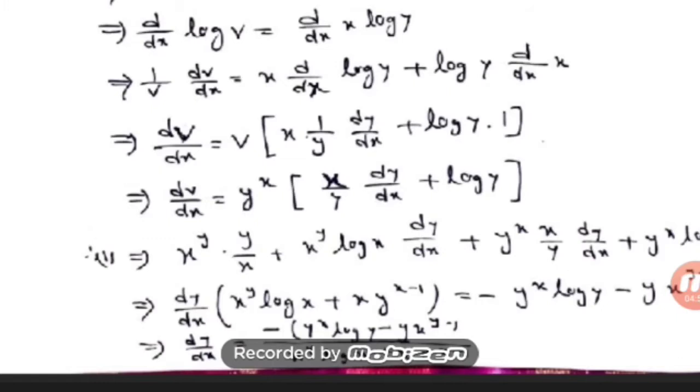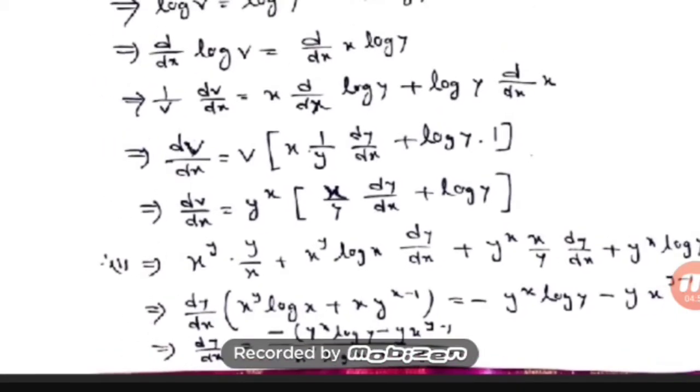Now as we know, our aim is to get the value of dy/dx, so I just keep the terms containing dy/dx on the one side. Taking dy/dx common, we'll have it here. This is the term containing dy/dx, and this is another term containing dy/dx. So taking dy/dx common: x to the power y log of x plus y to the power x into x into y to the power x minus 1. Here I have used the laws of index and combined this y to the power x and y.